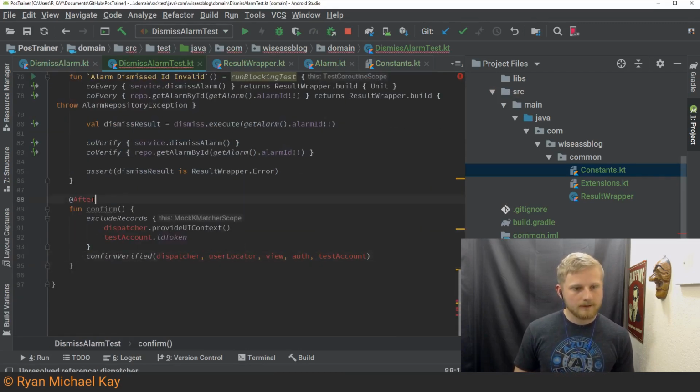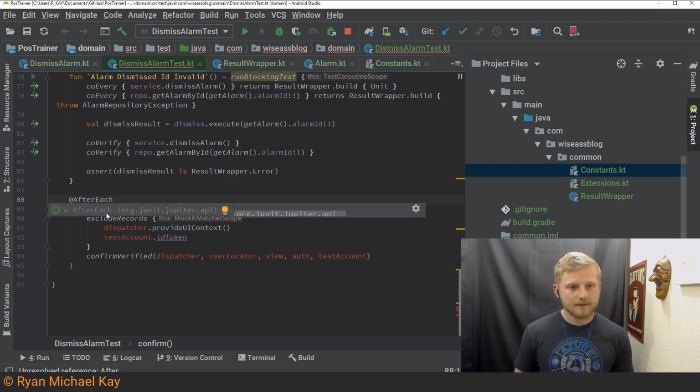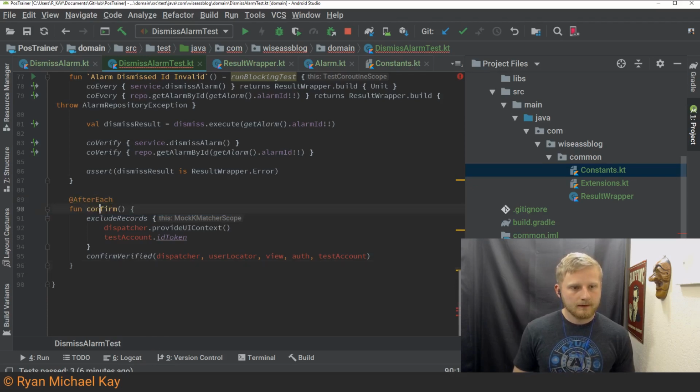Now, because that's a JUnit 4 annotation, and I'm not actually using JUnit 4 in this module, we're going to use a JUnit 5 version, which is @AfterEach. Fun confirm. So what we're doing here is basically making sure that pretty much we're